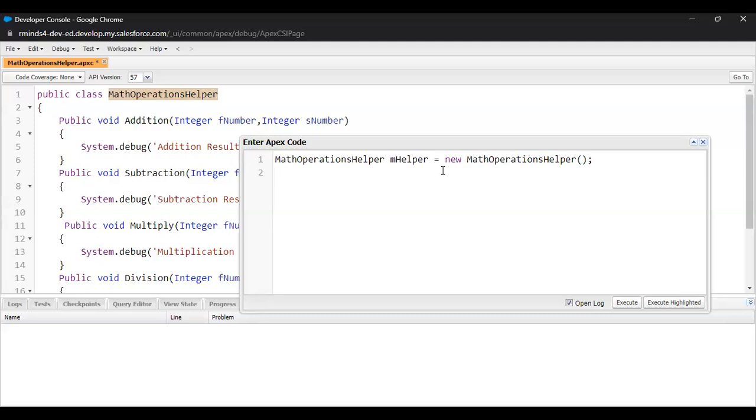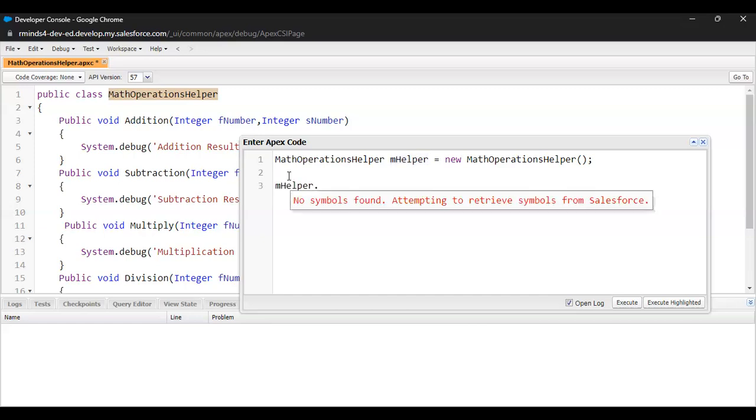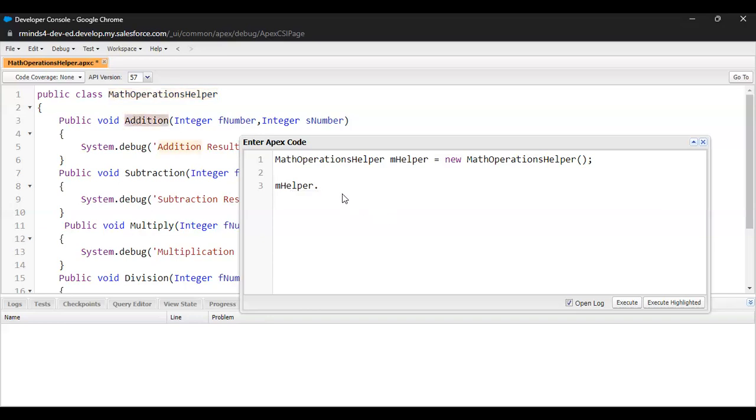I'm just creating an object, mhelper, and then I'm calling my procedures, addition. Here we need to pass the values as we have mentioned in our implementation. We will have to pass the integer numbers only. So let's take 20 and